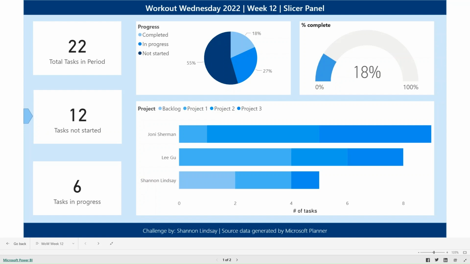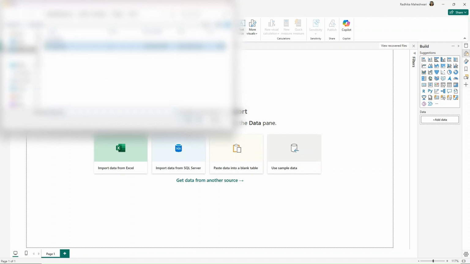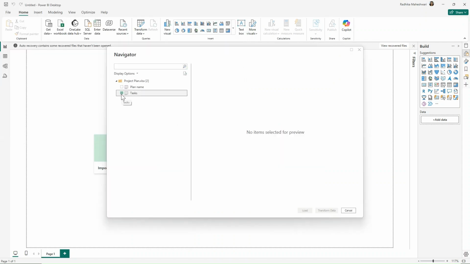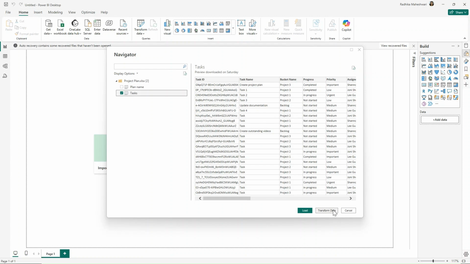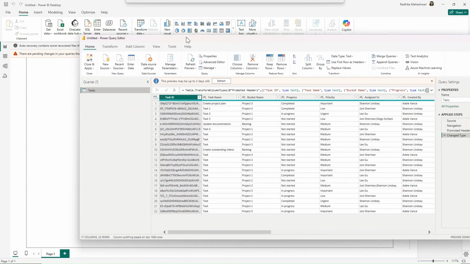I'm going to start from scratch by first building the data model, so doing the transformations, and then we are going to be creating this dashboard, which is the second part of the challenge. I am in Power BI desktop, and let's first start by getting the data into Power BI. So for that, I will go to get data and then Excel workbook and get the data that I have already downloaded and open. Now there are two files here. We only need the tasks one, and I'll click on that and then click on transform data so that we can apply those transformations. When we click on transform data, then Power Query Editor will open up and it will look something like this.